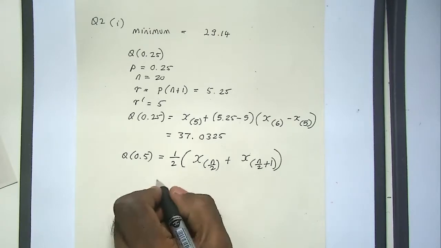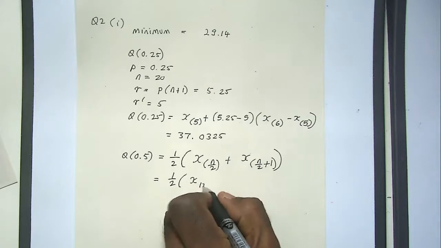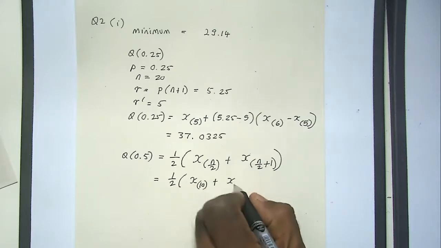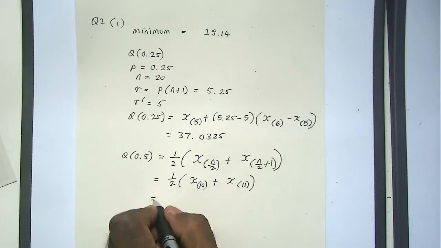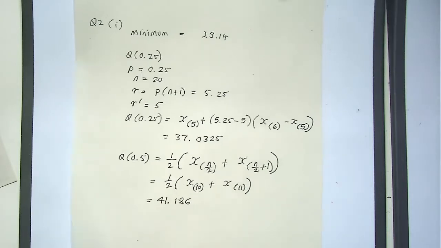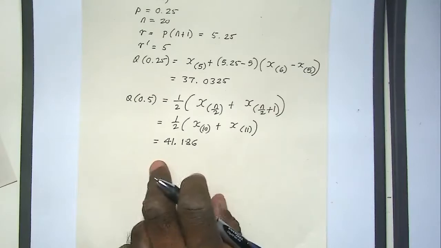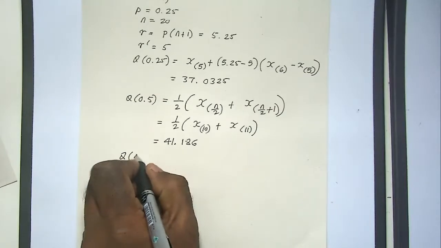So this is half of x10 plus x11. You should work this out. It will be 41.186. So that's the median. And the next one is the third quartile, which is